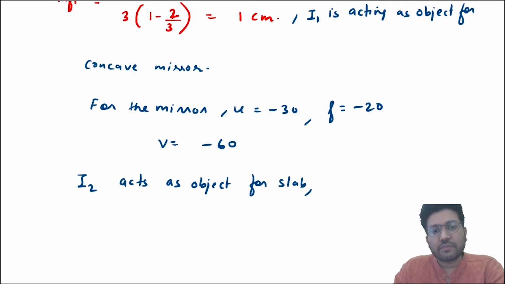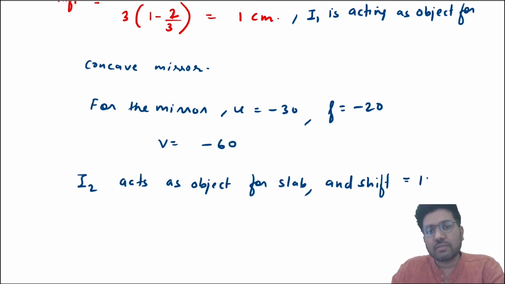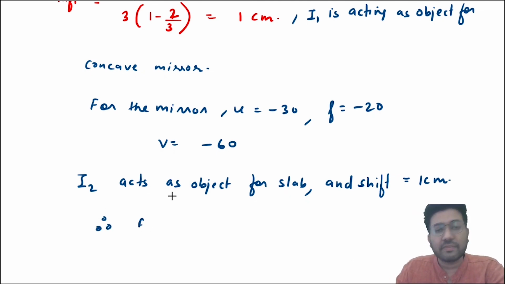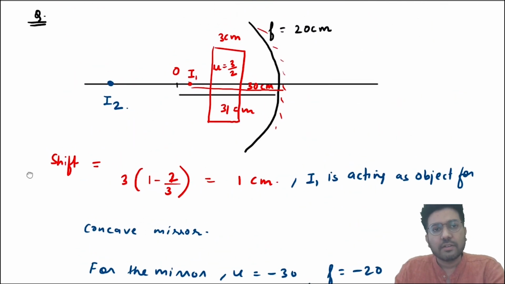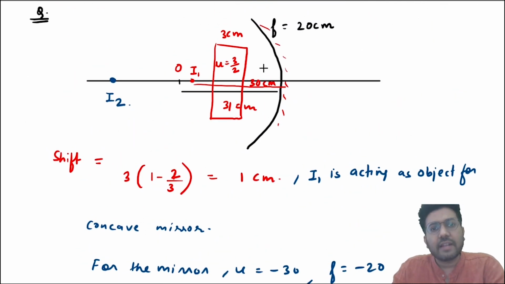It will be shifted again by 1 centimeter, because shift is independent of the position of object or observer or the slab. Okay, so shift is equal to 1 centimeter. Therefore, final image is formed at what? Either 59 or 61. But what will be the answer? See, the rays now are moving towards left and shift is positive. Shift is always in the direction of incident ray. So, because incident ray is towards left, shift is towards left. If shift is towards left, the answer will be 61 centimeter, right?